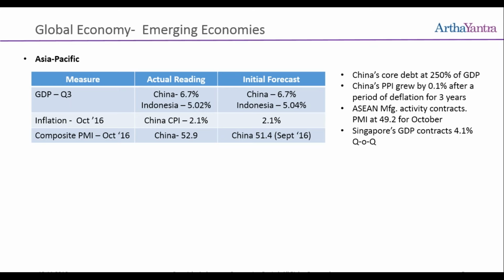Chinese inflation, primarily the consumer price index, stood at about 2.1%, whereas the producer price index, which is the input for the manufacturers, is at about 0.1%. Now this was in a period of deflation for almost 3 years. The reason for the recent rise in the producer price index is because commodities have become better. Until about 2 months ago, they were in a free fall of sorts.